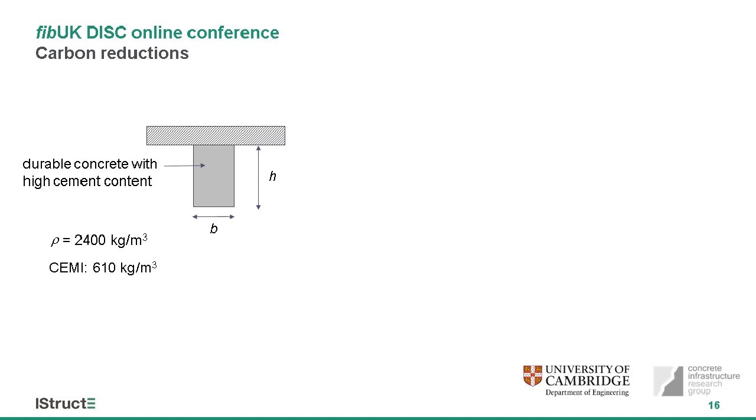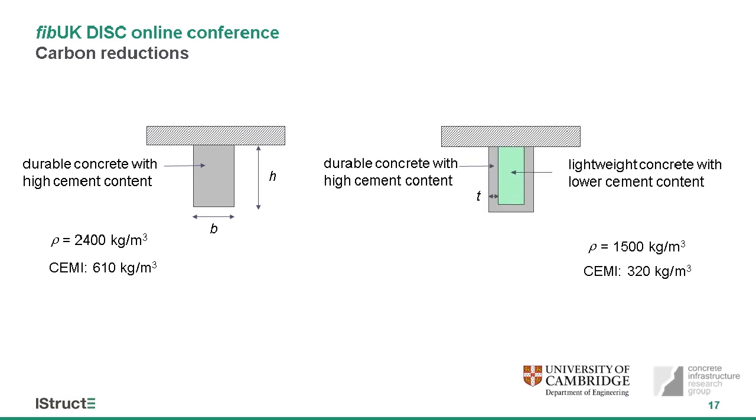mean. And so if I look at one where I've looked at a slab on a beam, and the bulk slab I've allocated as a durable concrete with a fairly high cement content over about 600 kilograms per cubic meter, normal density concrete of 2,400. If we then think of a tailored idea where we only really need that outer concrete to be durable, but we can accept that the inner bulk material has a lower cement content that then is potentially a lightweight concrete, we potentially have that the density of this inner material could be, say, 1,500 and the cement content maybe